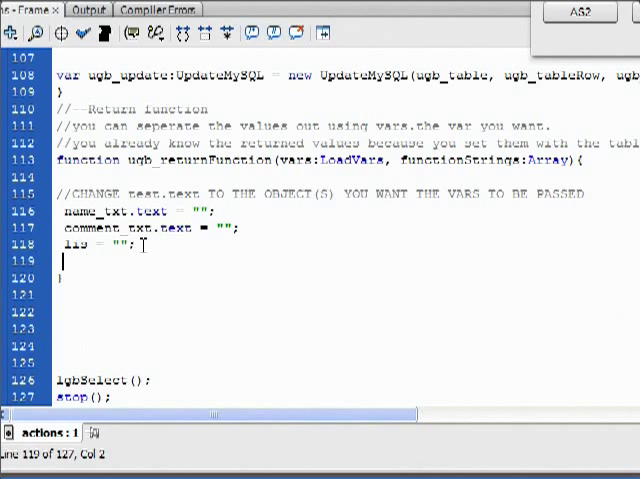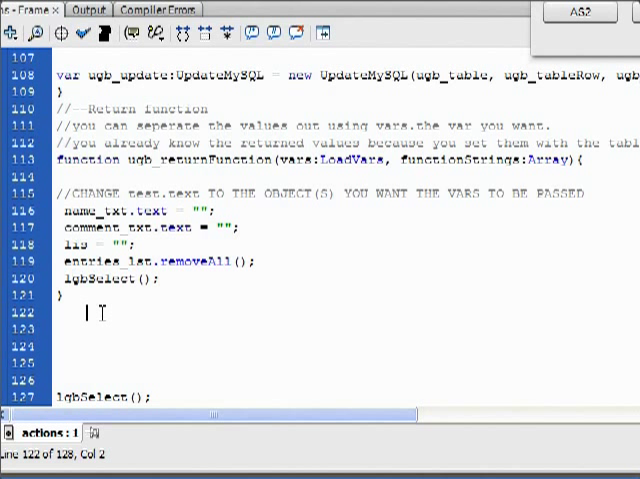So we're going to go entries underscore lst dot remove all. And then, last but not least, we're going to call this function once again, so that it fills it again with all the new information. So now that we've got that all taken care of,